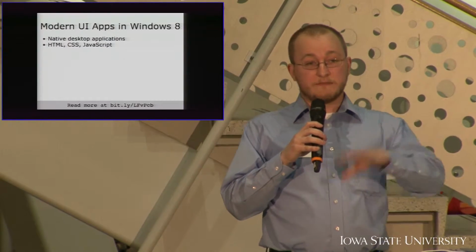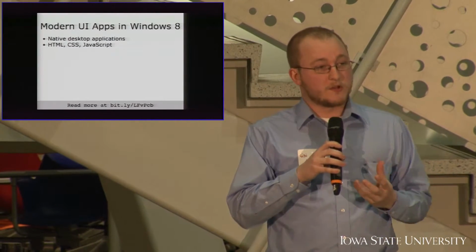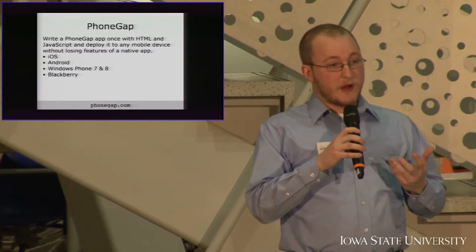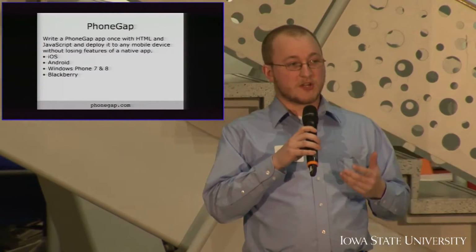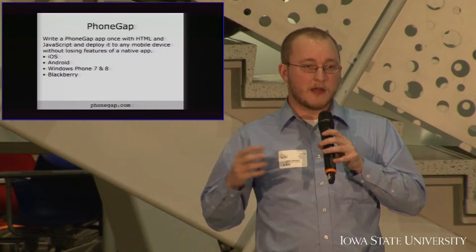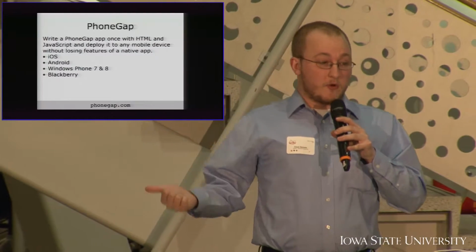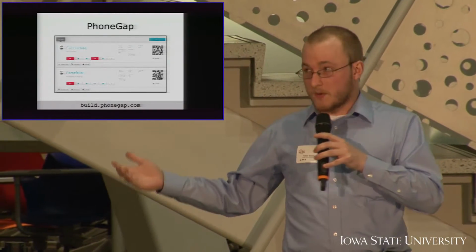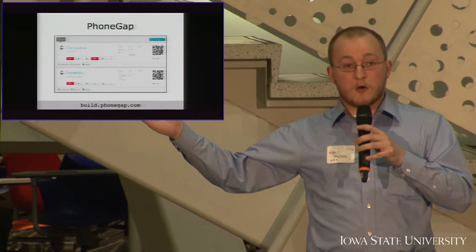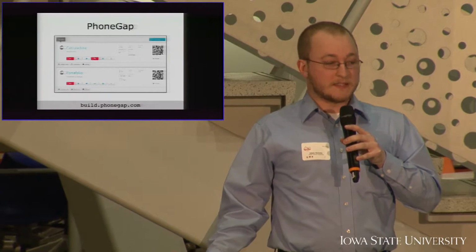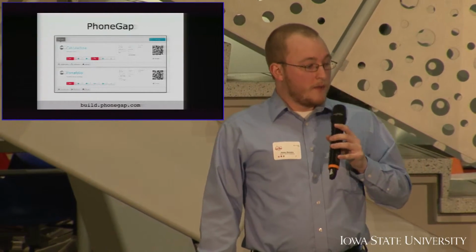Modern UI apps completely leave the browser now. Modern UI apps in Windows 8, you can write those with HTML, JavaScript, and CSS. And that's a native application running on your desktop that is not in a browser. PhoneGap takes your HTML, CSS, and JavaScript, and lets you write a mobile application, not a web page, that'll run on all these different devices. You don't need to go out and get a Mac and get Xcode to get it working. You can go on PhoneGap's website, build.phonegap.com, and upload your code. And then you get these cool automatic builds of your app for all these different devices. Saves a lot of time and a lot of engineering work.